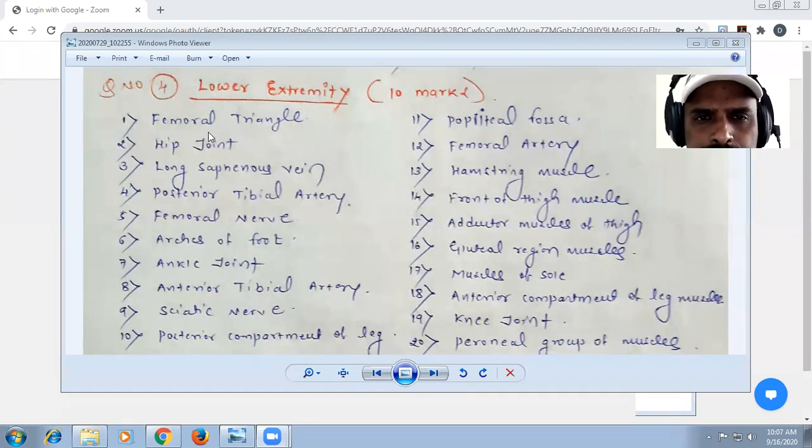Next comes the hip joint. For this hip joint you have to write all the ligaments. That is, you have 7 ligaments: fibrous capsule, iliofemoral, pubofemoral, ischiofemoral. Then we have the acetabular labrum. Then you have the transverse acetabular ligament. All that you have to write in total. All ligaments you have to explain, including relations and clinical anatomy.